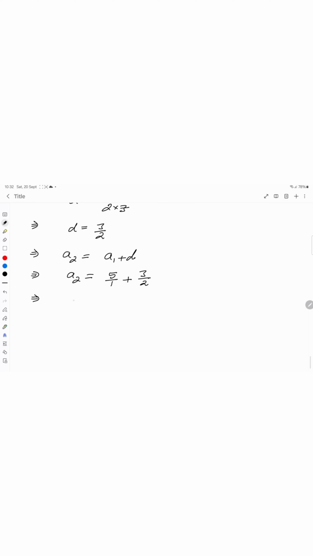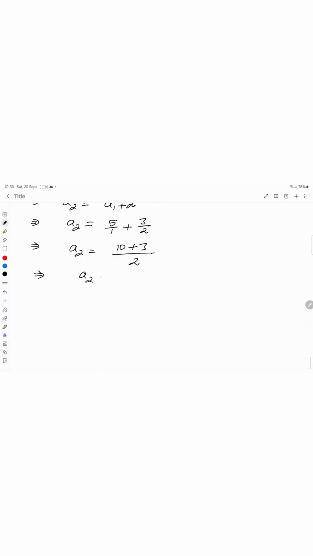Now take the LCM of 2 and 1, that is 2. Now 2 divided by 1, we will get 2, and 2 multiply with 5, 10, plus sign, this sign apply here. Now divide 2 by 2, we will get 1, and 1 and 3 को multiply करेंगे तो क्या आएगा? 3. Means value of a2 is 13/2. It is the value of a2, or in mixed fraction we will get value of a2 is 6.5.